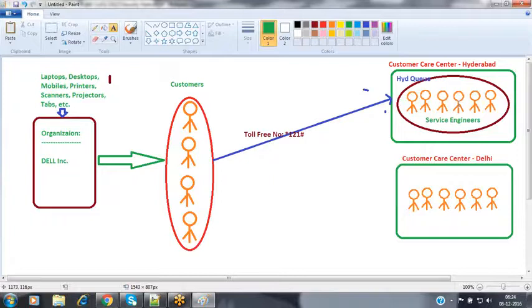Now suppose, for example, a customer has raised a case from Hyderabad, so this case has been routed to that Hyderabad location, nothing but the Hyderabad queue. In this kind of scenario, whenever the record is available in the queue, all the queue members will be notified that a new case is there on the queue, that one of the customers has raised a problem.